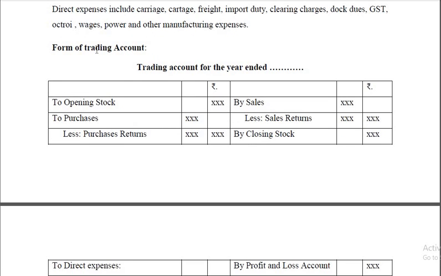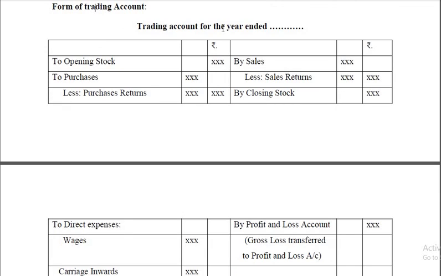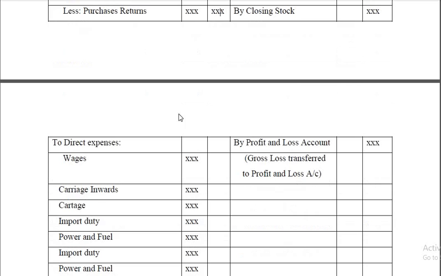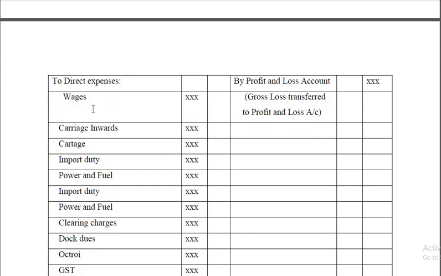Now let us look at the form of the trading account. The title is Trading Account for the year ended, for example, 31st March 2020. There are two sides, the debit side and the credit side. On the debit side you write opening stock. Then to purchases less purchase returns, you get net purchases. Then all direct expenses, which include